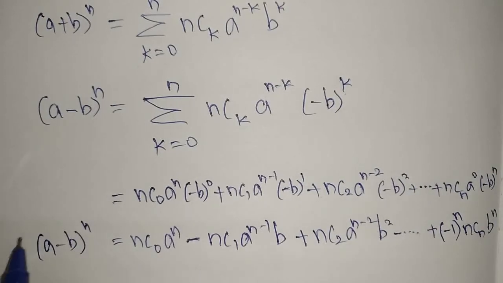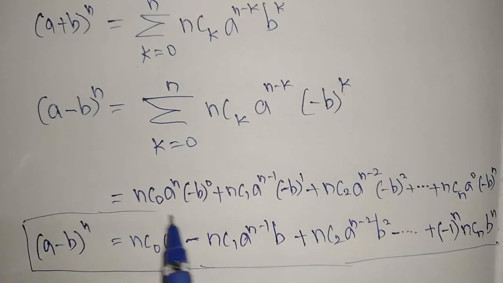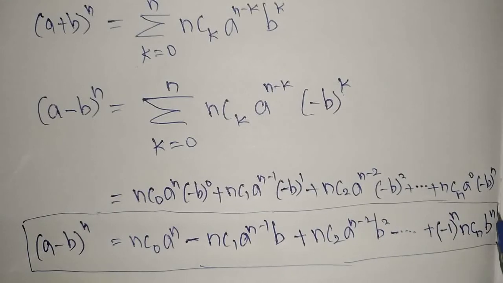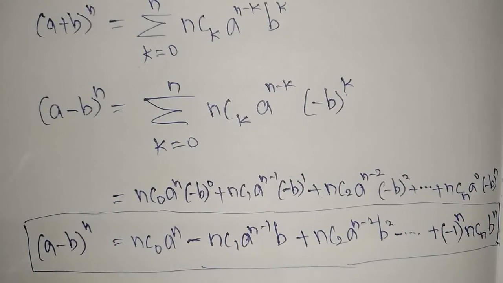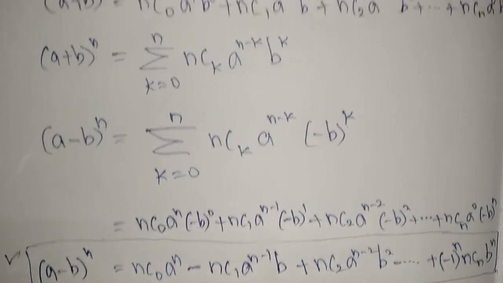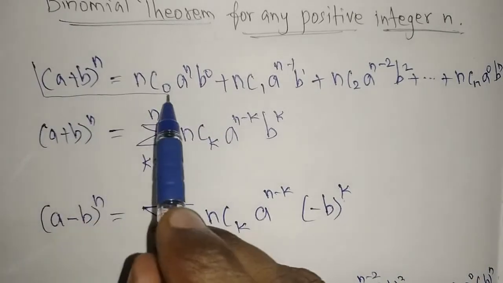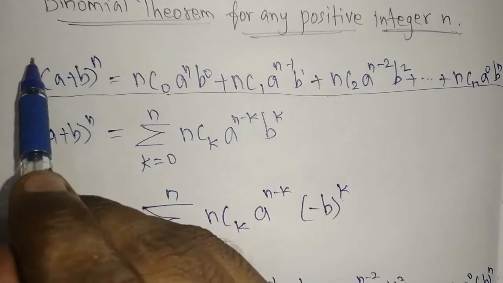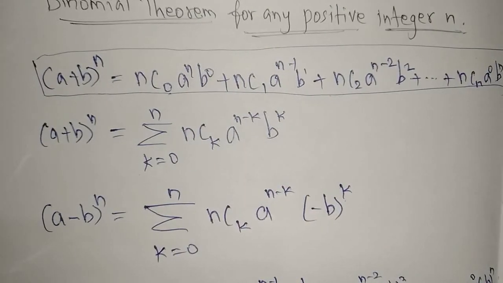Okay, and this is a very important one, like (a + b) whole power n is there, like that. This is one of the important formulas, please remember this also. Now here we have two important formulas: one is (a - b) whole power n, and another one is (a + b) whole power n. So these two are very important, so we have to remember them. By using these only we are going to simplify the exercise problems.